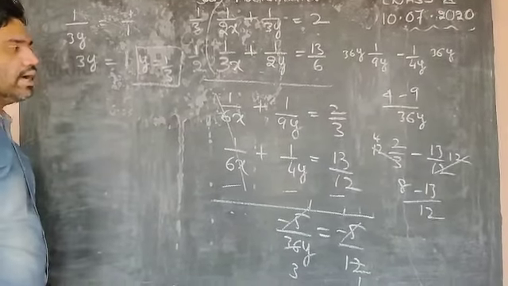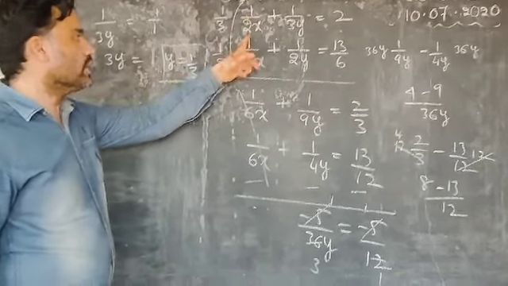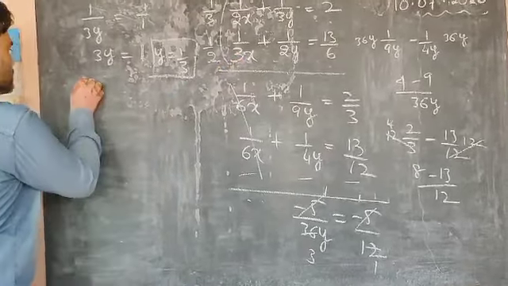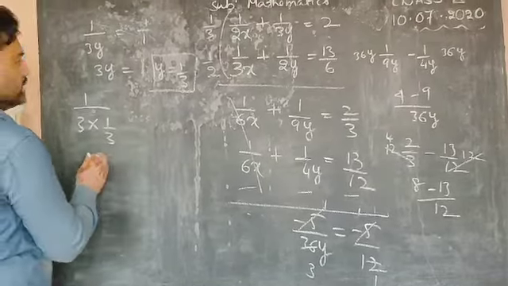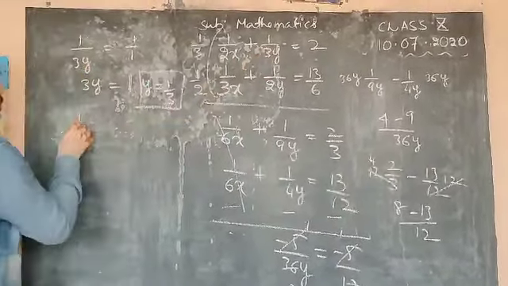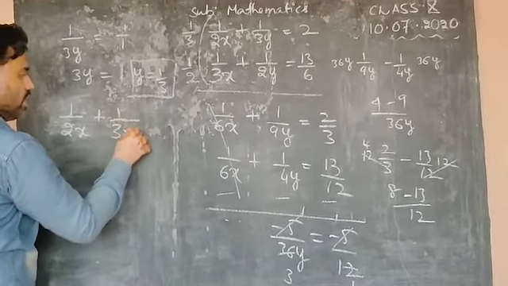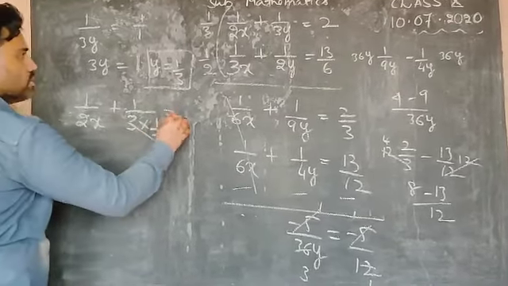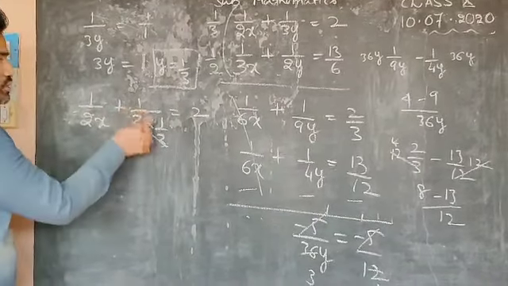Now let us look at the x value. So now what you do, second equation I am taking, 1 by 3x. x value how much we get? So first equation you take, because you have here 3, 1 by 2x plus 1 by 3y. Why we got 1 by 3, isn't it? They get cancelled, 3. Okay, that is equals to, what is RHS? 2. So this is 1 by 1.